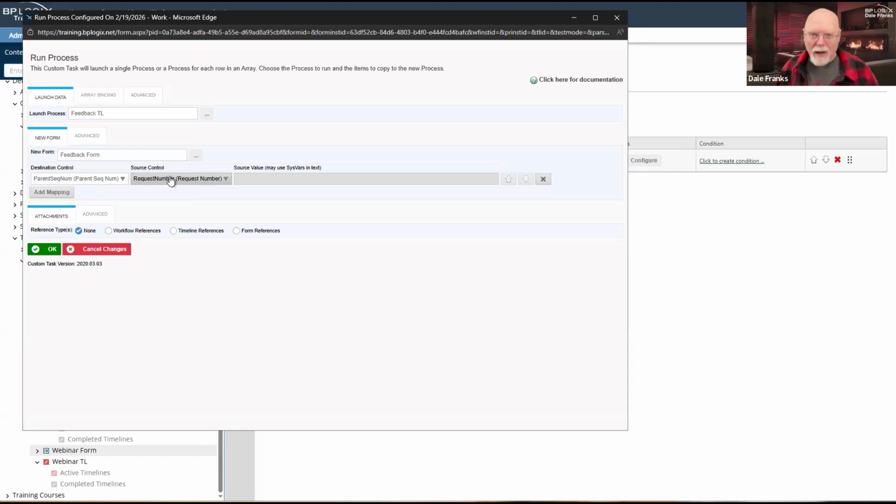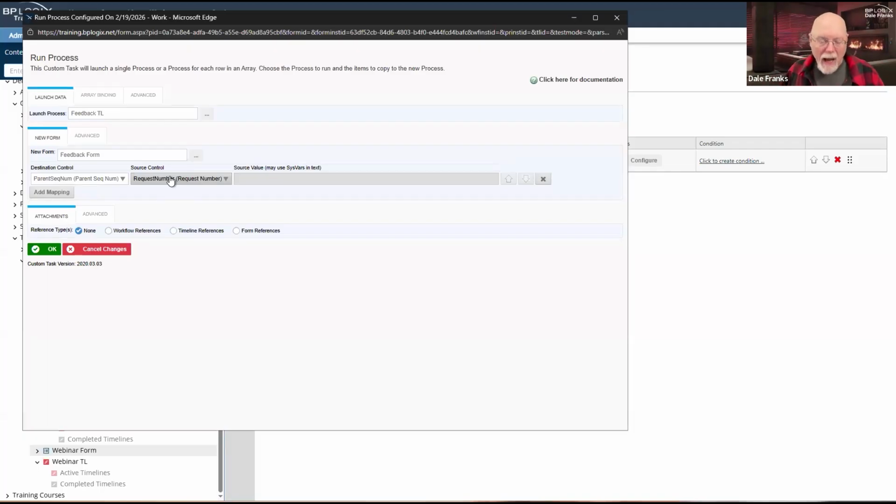So the way I've got it configured now, technically, it's a child process because it was invoked by a parent process, but there are no hooks now to the parent process. I'm not tracking it as a sub-process. It's not running as a sub-process. It's happening independently. There are no process timeline items being passed from the parent to the child or from the child back up to the parent.